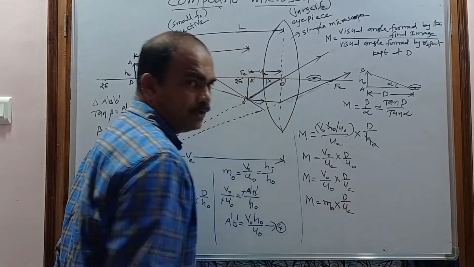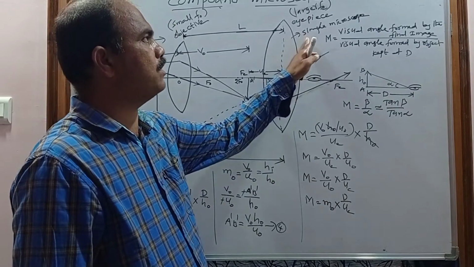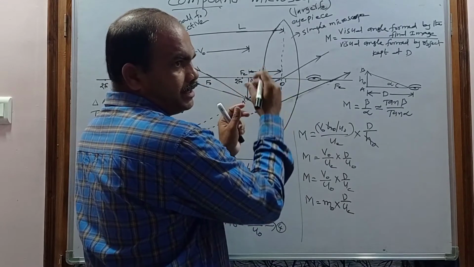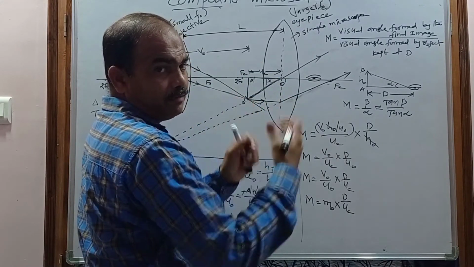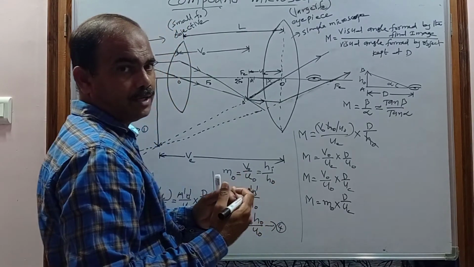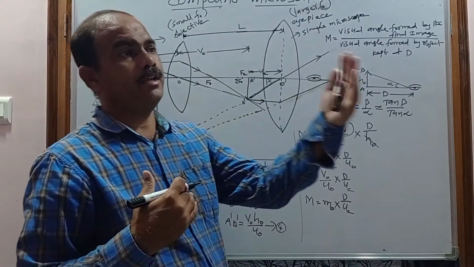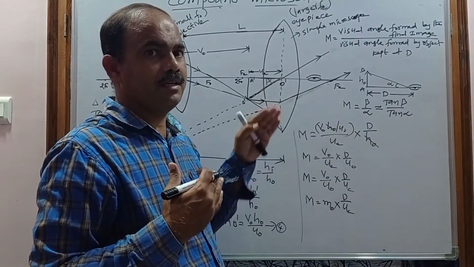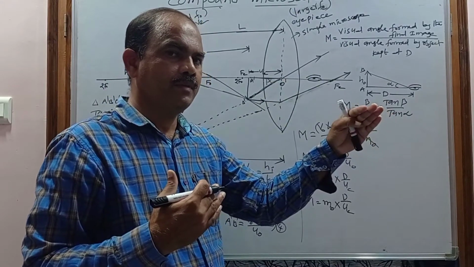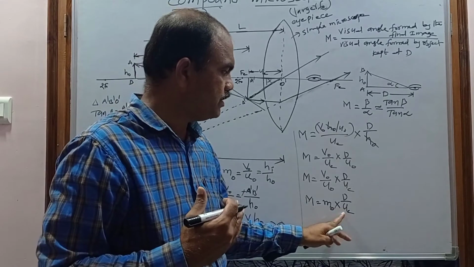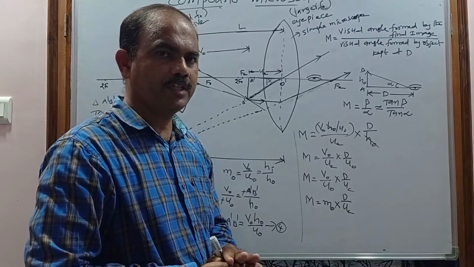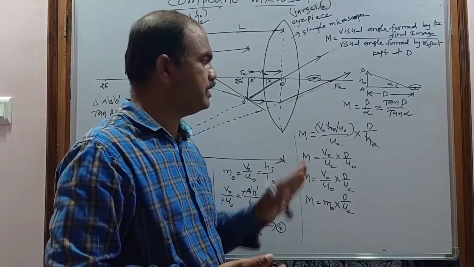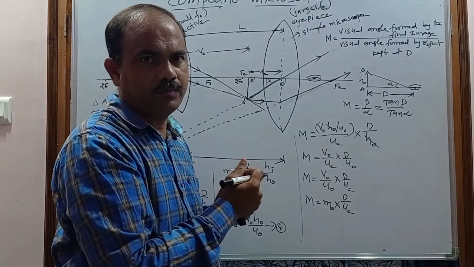It is similar to the magnifying power of the simple microscope, which is the eyepiece. By using this optical instrument, we can form the final image at the near point as well as the far point. When we adjust the eyepiece such that the image is formed at the near point, and when the image is formed at the far point, this U suffix E will change. That's why this magnifying power depends upon U suffix E. U suffix E can be changed by using a screw.